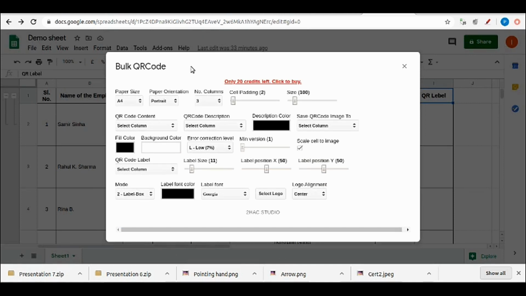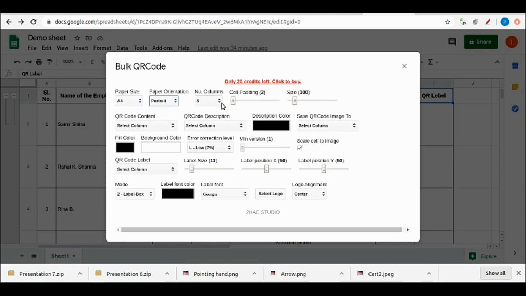By clicking that, this window will appear which will show you the paper size. You can change the paper size from A4 to A5. The paper orientation is by default chosen as portrait. You can change it to landscape.